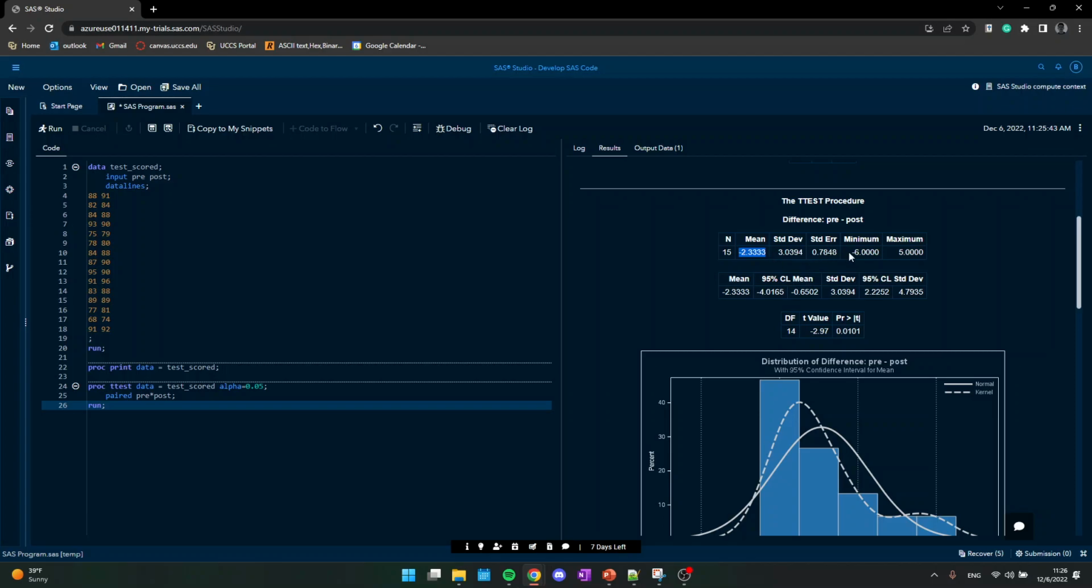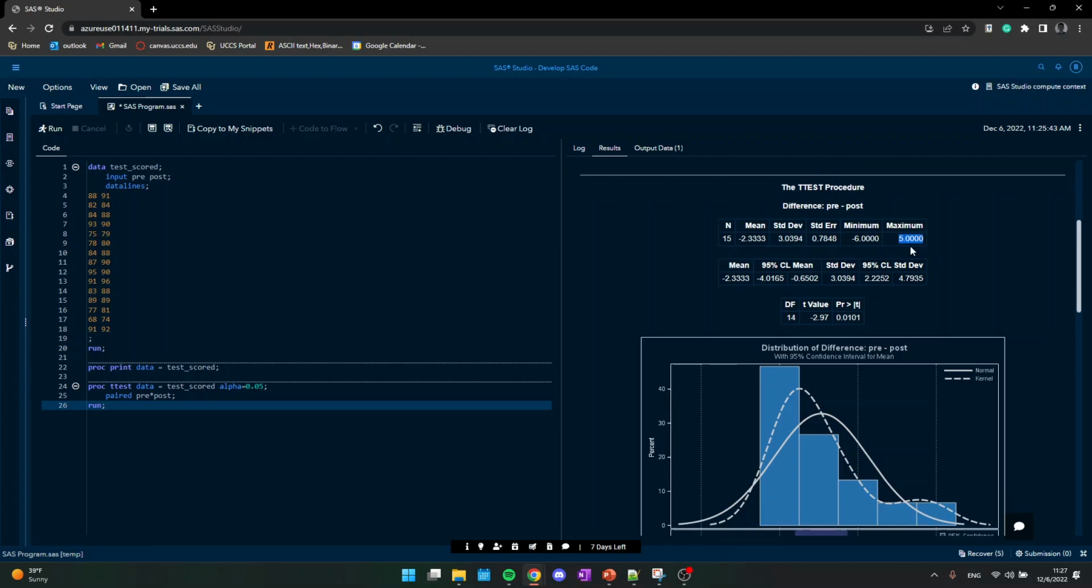And then getting over here into the minimum, this minimum just shows us the smallest difference observed within the data set of the score difference between a student's pre and post-test scores, and then again in the maximum the same thing. So the minimum that we saw was 6 of a score difference, and then the maximum that we saw was